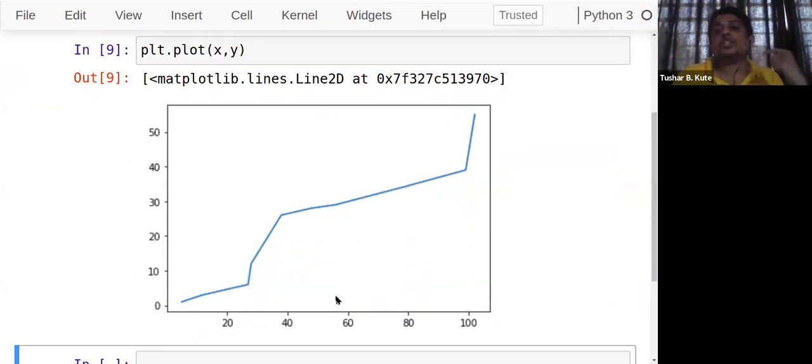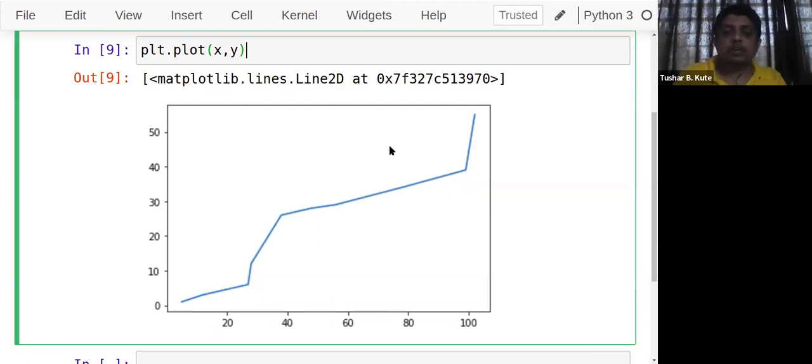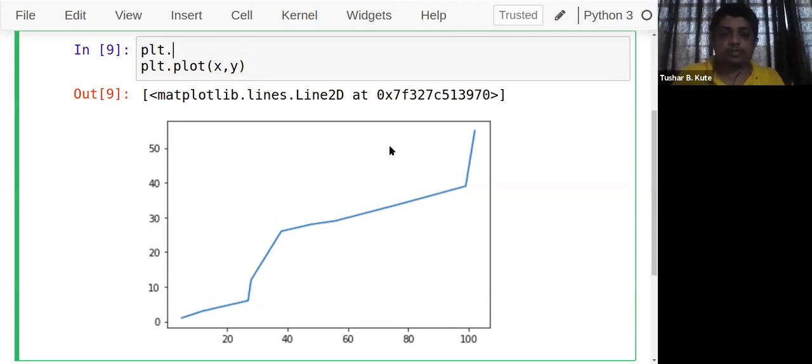But what about the decorations? I can decorate this particular graph. Not only this, many functions in matplotlib are applicable to other kinds of plots also. We can use them for scatter plot, histogram, line plot, pie chart, box plot. Everywhere the same function can be applicable. Which are those? First, I want to provide a title to it.